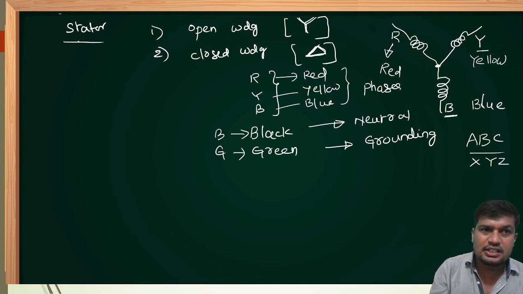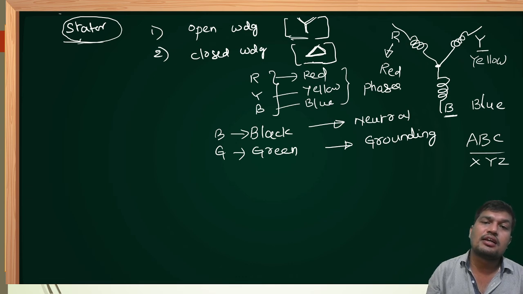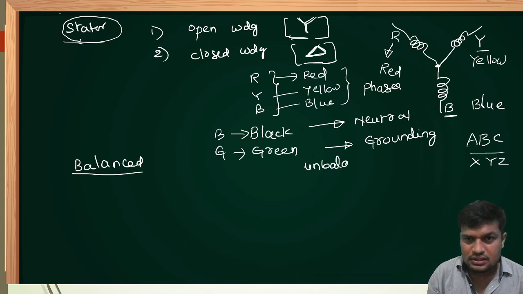we discuss that the stator of a generator is a three-phase winding. Then which winding is suitable? Is star winding suitable to design the stator winding, or is delta winding suitable? Before going on to understand whether the stator of a synchronous generator is star or delta winding, we need to understand two things: one is balanced, the other is unbalanced. These are the most fundamental things before understanding the subject.